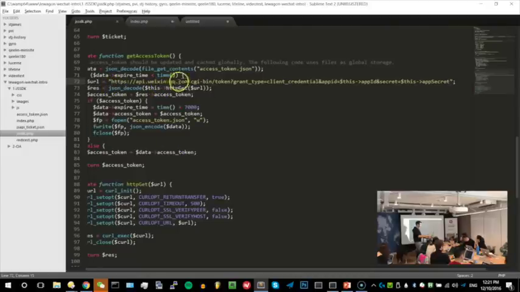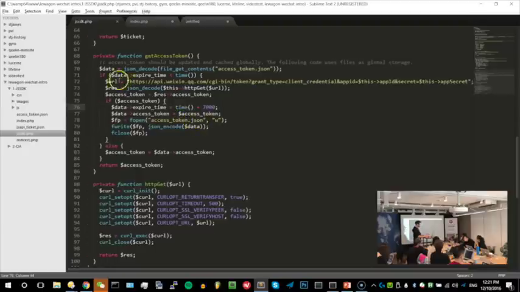So HTTPS API WeChat token grant access, and here, as you see, I'm going to give WeChat 2 parameters: the app ID and the app secret. Once it's done, I'm going to decode what it gave me, because it gave me that in a specific format. And from what it gave me, I'm just going to take the access token. That's this line of code.